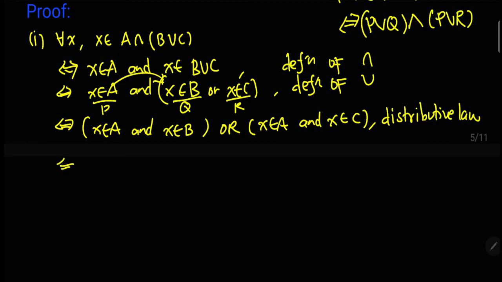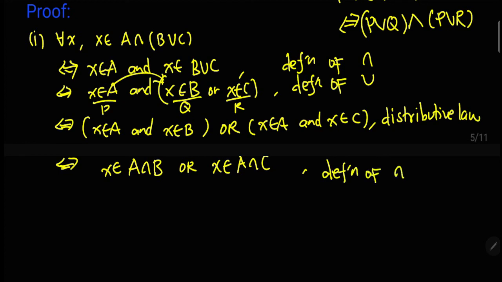But this compound statement can be simplified as follows. x is in A and x is in B means x is in their intersection. On the other hand, the second group, x is in A and x is in C, means that x is in their intersection as well. That's a simple definition of intersection. But since this is an or statement, that means that our x is in the union of the two, (A intersection B) union (A intersection C). That's the definition of